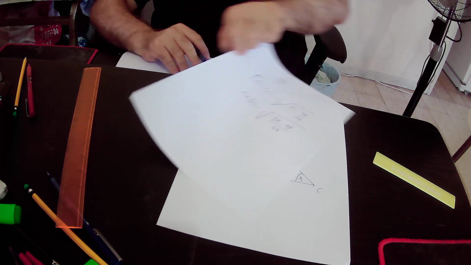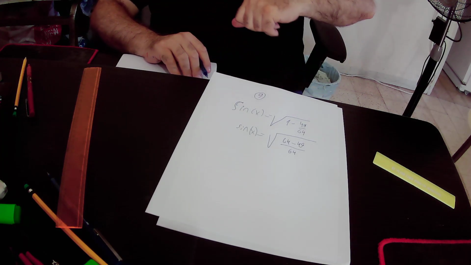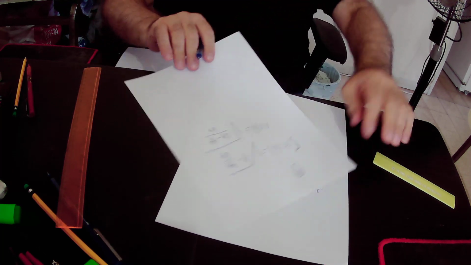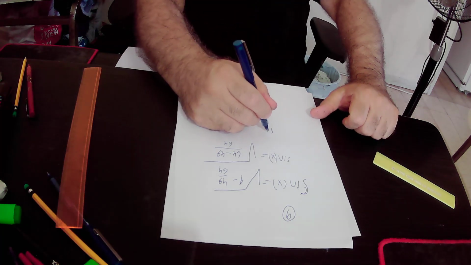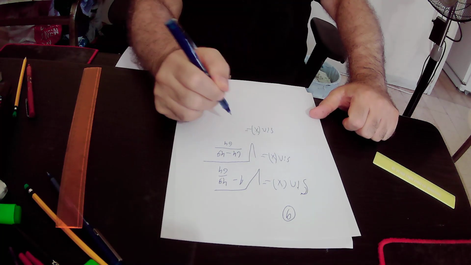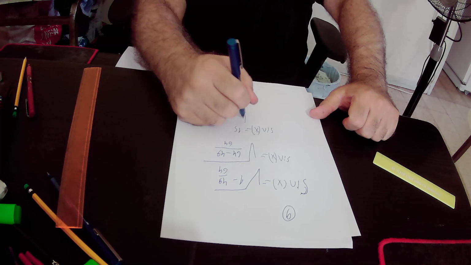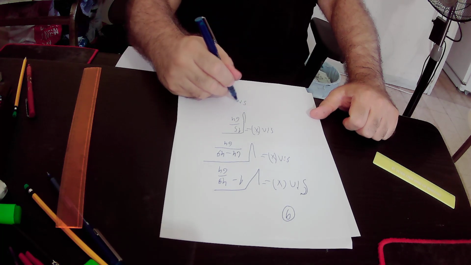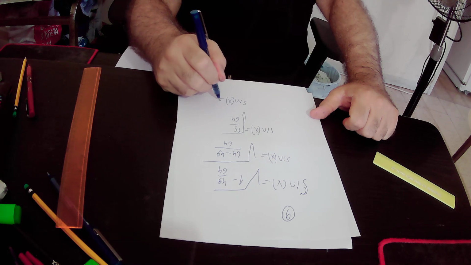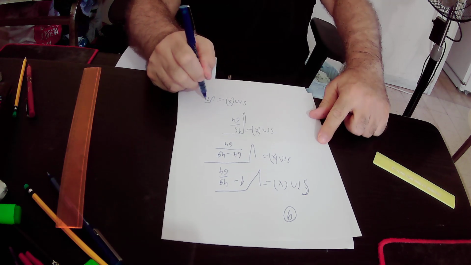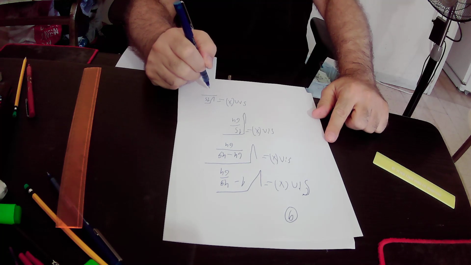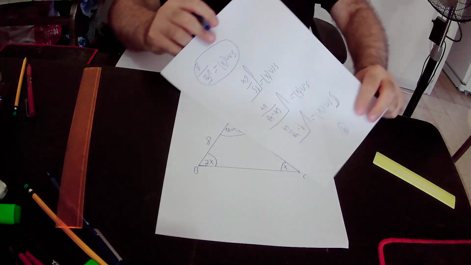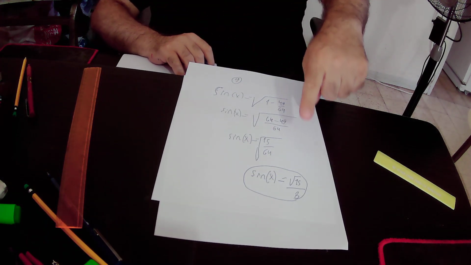Okay, sine x equals the root of 64 minus 49 over 64. 64 minus 49 is 15. So we found out that sine x equals the root of 15 over 64, or sine x equals the root of 15 over the root of 64, and the root of 64 is 8. So sine x equals the root of 15 over 8,